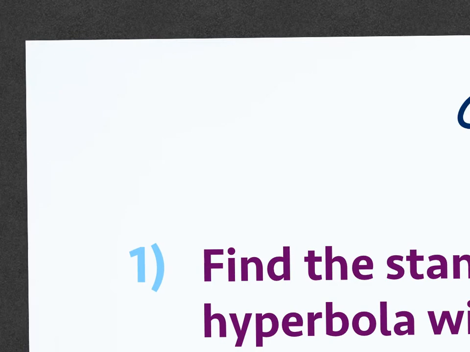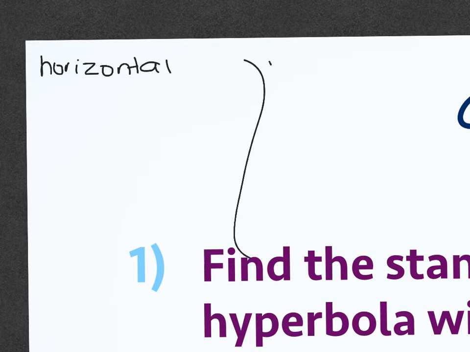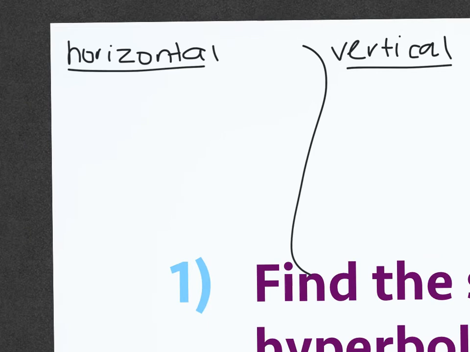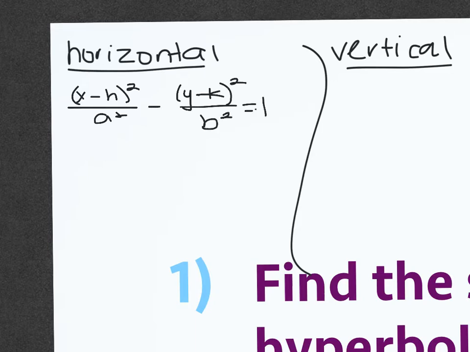There is a horizontal hyperbola, and there's a vertical hyperbola. And how you know the difference is what comes first, because there's a minus this time. So the horizontal is x minus h squared over a squared minus y minus k squared over b squared equals 1. And the vertical is y minus k squared over a squared minus x minus h squared over b squared